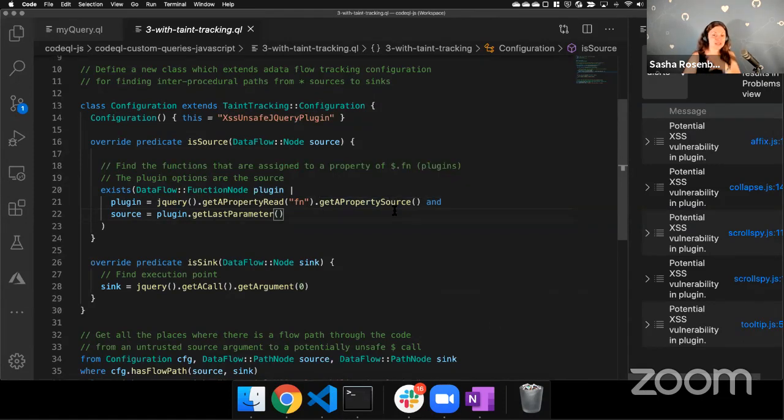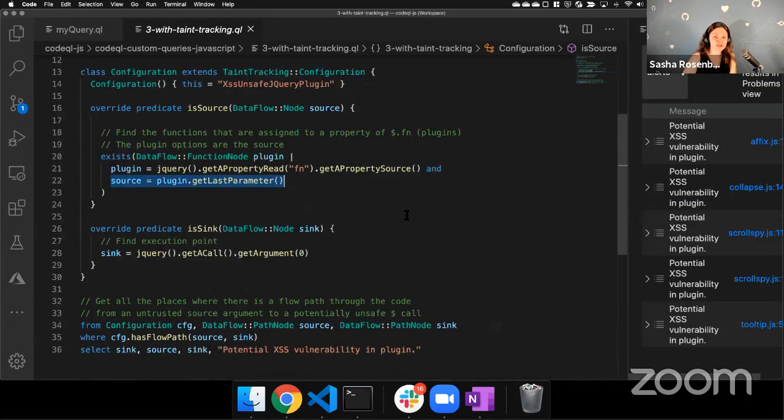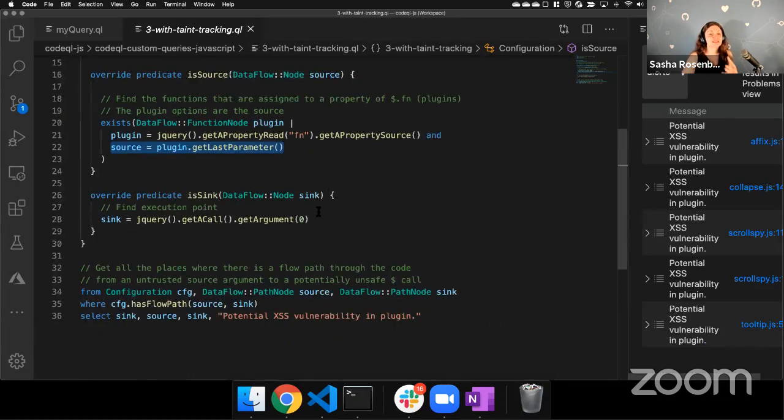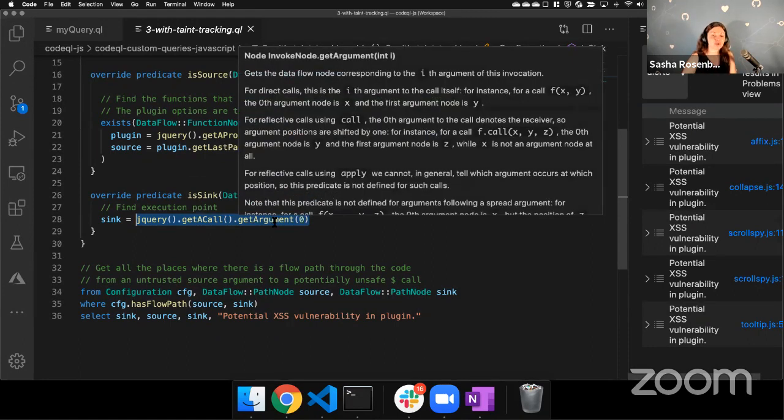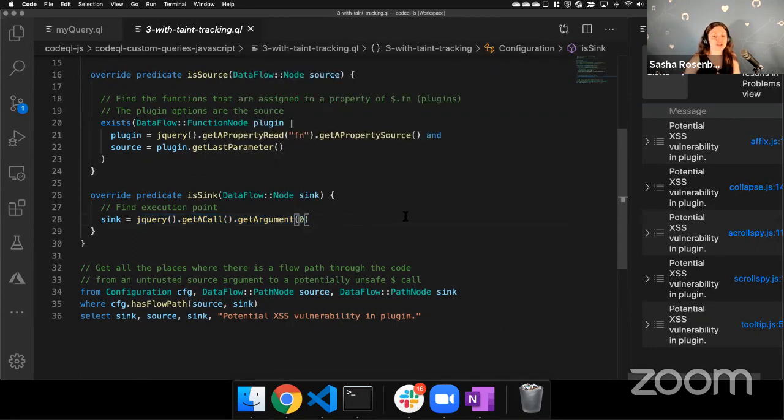Again, the same, this was the second part of the workshop. We defined this query. And then this is something we didn't get to, but it gets the last parameter of that. So the last parameter is the parameter which is coming into the code from the user. And then the sink is where this code actually gets executed, right? So I am getting a call to a function and getting the argument 0, and this actually is a place